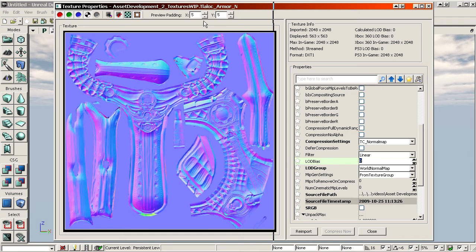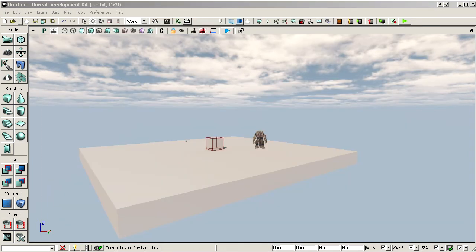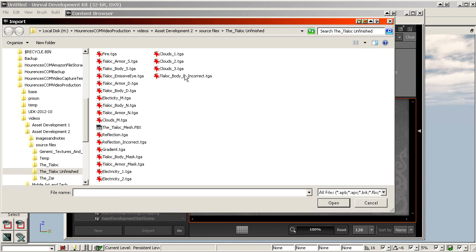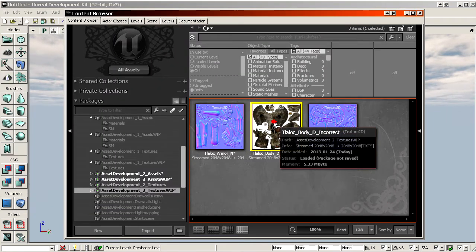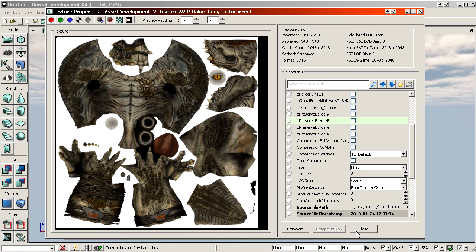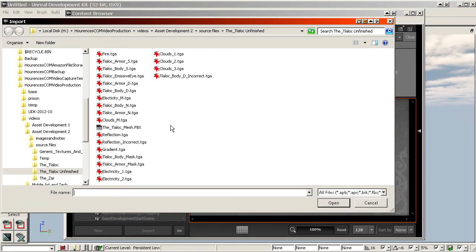Well, obviously it has an impact on how much memory the game uses, but for you as an artist, there is the following bad example. I made something here called taillock body D incorrect. So that's the diffuse texture of the monster, and it has a white background. Well, that's incorrect because of the LOD bias. If I also quickly import the mesh,